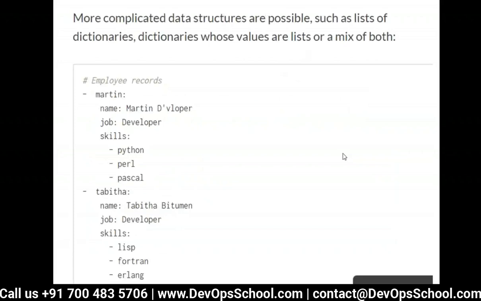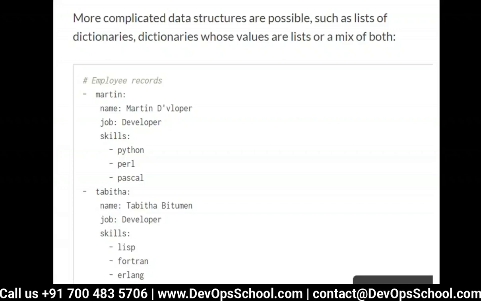Now you tell me about this whole document. Understand that and think, and then tell me, because you know the definition of a list and you know the definition of a dictionary. So what can you see in this whole document, whether it's a list or a dictionary? A dictionary, and then inside you can see the list inside the dictionary. No, again, first question. My question is very simple: I said the whole document, whether it is a list or dictionary. Dictionary. I think Martin is a dictionary and the skill is a list.